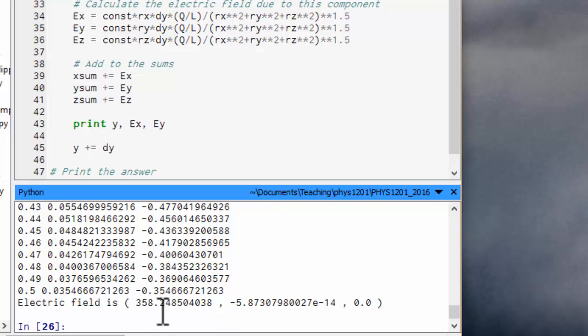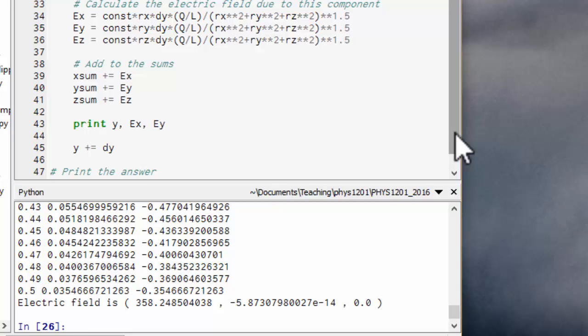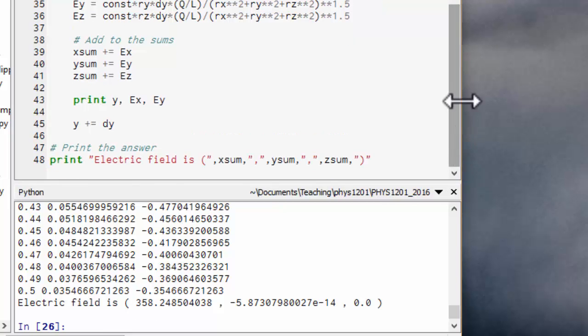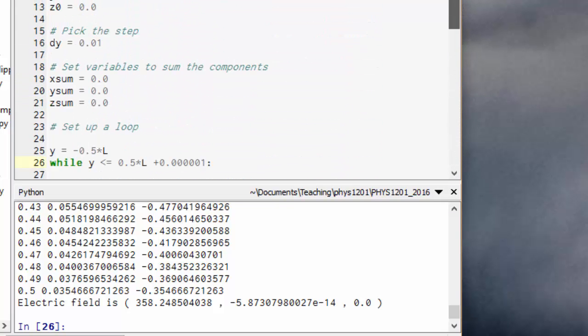We end up with a sensible value for the electric field. Let's check and see whether our time step is small enough. If our time step is small enough, then shrinking the time step further shouldn't make much difference. So our time step, a length step, is 0.01. Let's make it 0.001. So now instead of slicing our rod into 100 slices, we're slicing it into 1,000, treating each one as a point and adding up their Coulomb's law electric field. If we run that now,